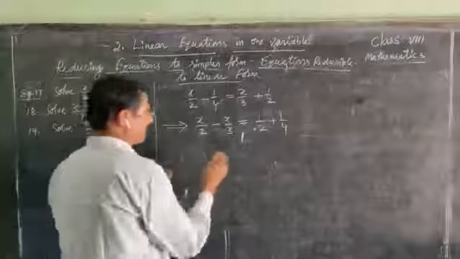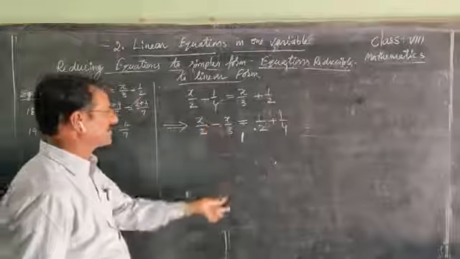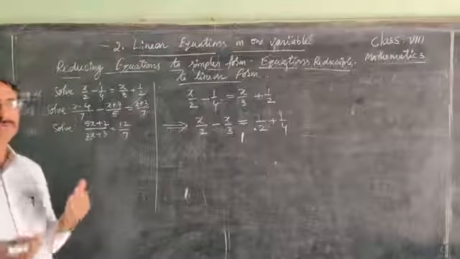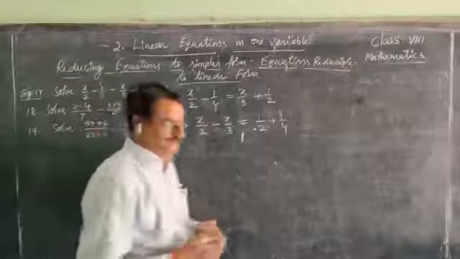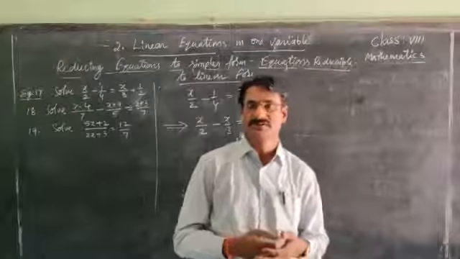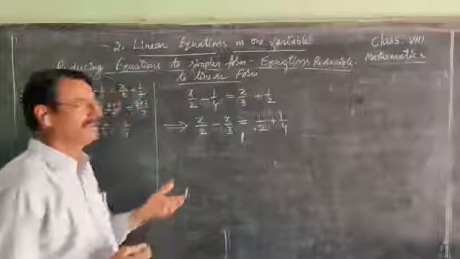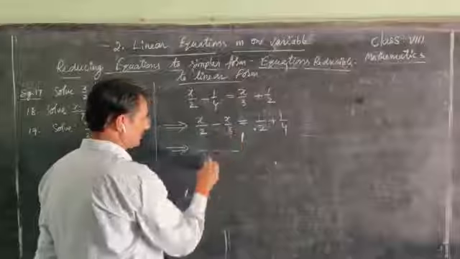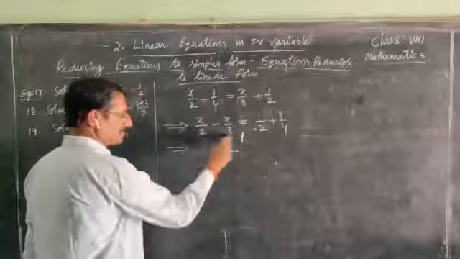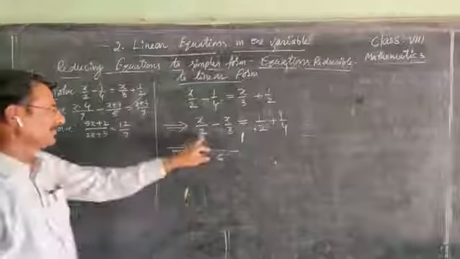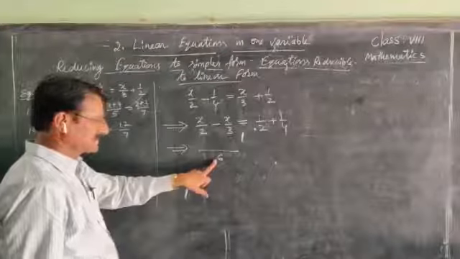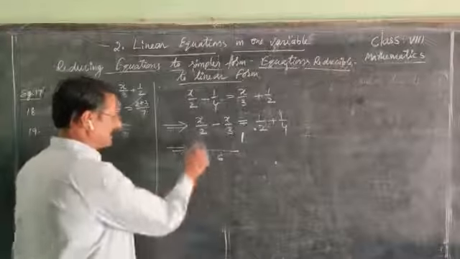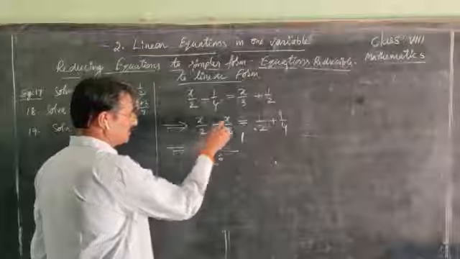Now, the difference of two fractions is handled by the addition and subtraction of fractions, for which we generally use the LCM method. The LCM of the denominators 2 and 3 is 6, since these two are co-primes, the LCM is their product. 2 divides 6 how many times? 3 times. So 3 into x is 3x, minus 2 into x is 2x.